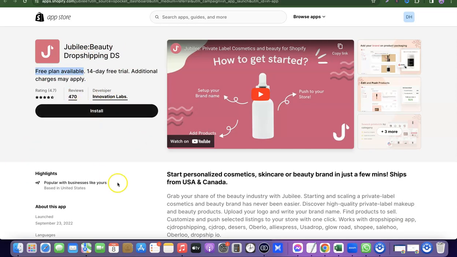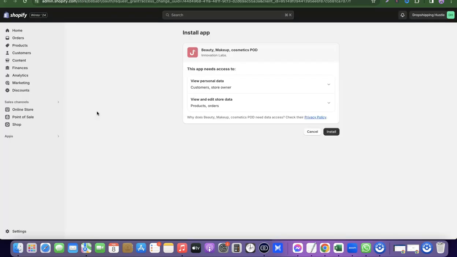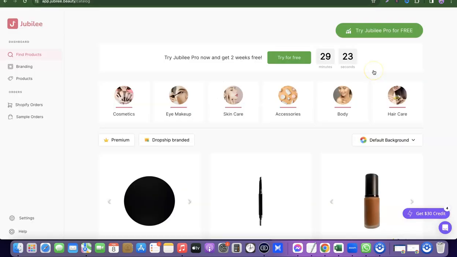So what I'm going to do here is come over here and click on install. Once I click on install, it's going to redirect me to my Shopify store and prompt me to install the app. All right, so here I'm going to click on install. As you can see, I've just installed the Jubilee app to my Shopify store, and this is the Jubilee